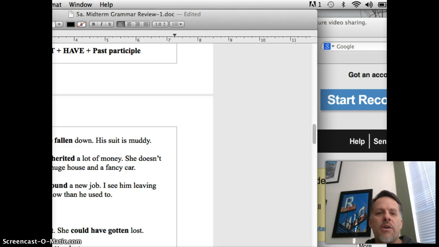He must have fallen down. And how is it that Vicky has a huge house and a fancy car if she doesn't work? So we think she must have inherited a lot of money. Now someone else could come to a different conclusion based on that same information. So obviously it's possible to come to more than one conclusion about